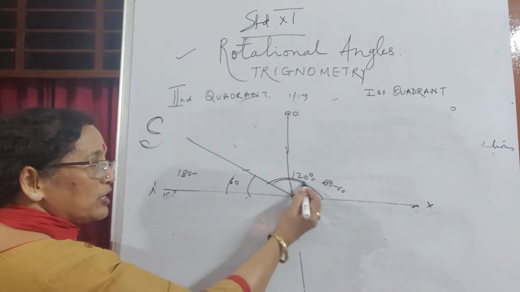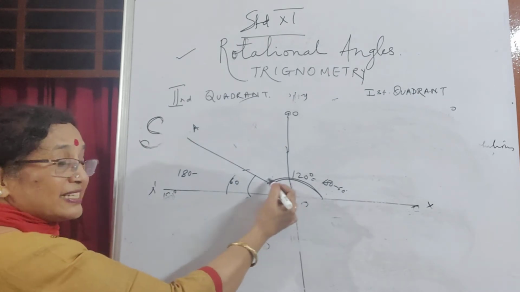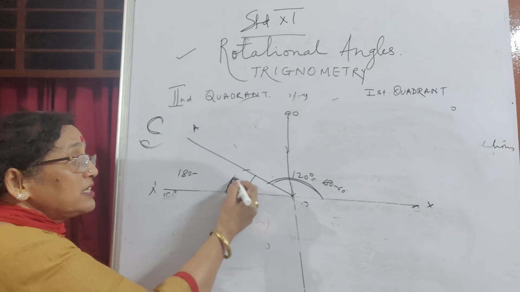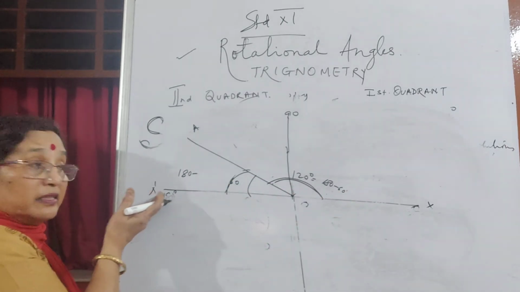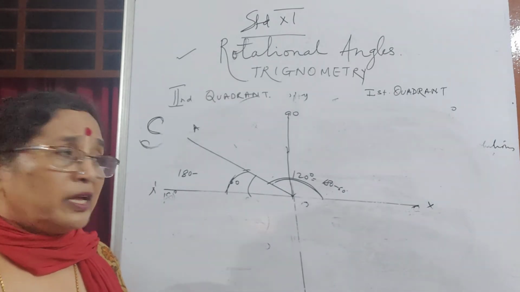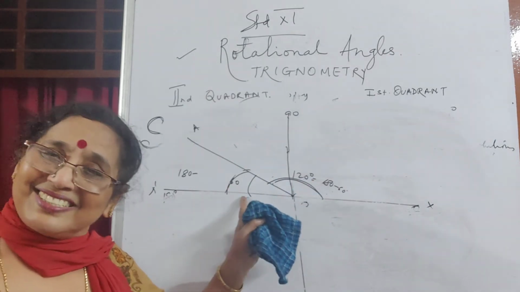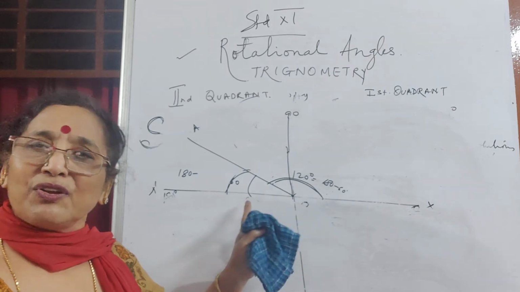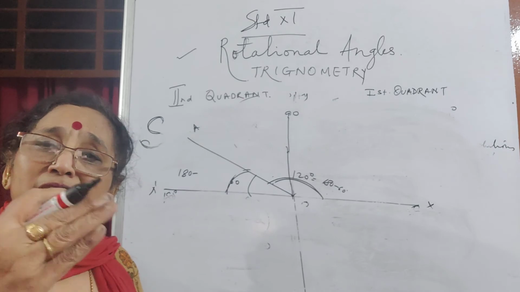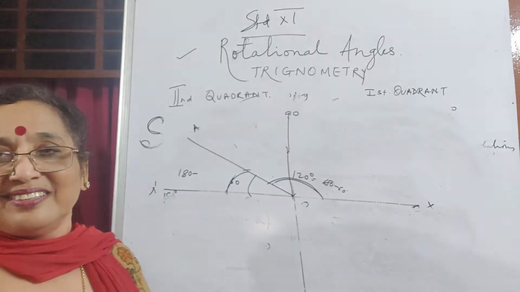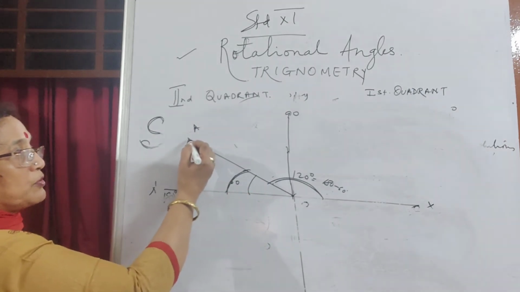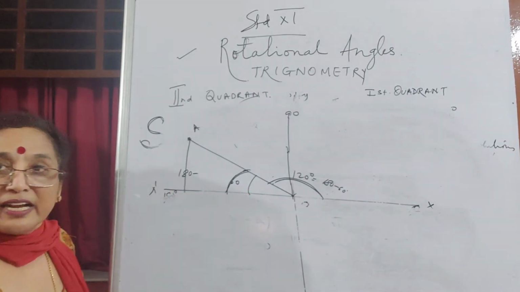So instead of taking 120 degrees for OA as the actual angle, I will take the shorter distance from the baseline. This whole line, how much have I shifted? Which is the shorter one? 60 is shorter than 120, so I will talk of 60. That's why every angle can be expressed in terms of an acute angle. Now I will drop a perpendicular and make a right angle triangle.